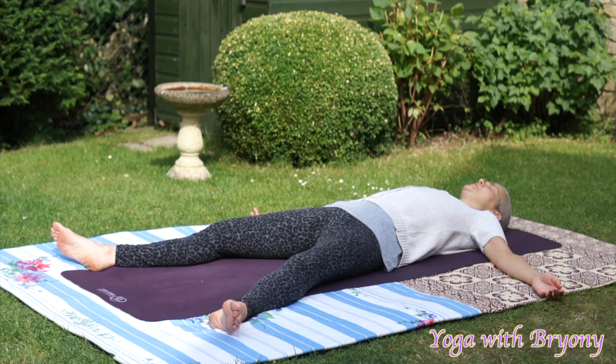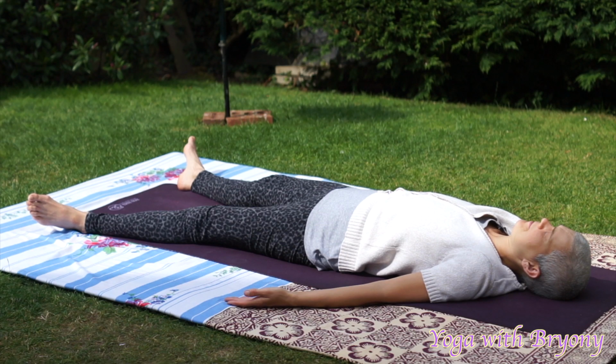fourth toe, little toe, allowing the weight of the whole of the right leg to sink deeper and deeper into the mat. Left hip, left thigh, left calf, left shin, ankle, top of the foot, sole of the foot, big toe, second toe, third toe, fourth toe, little toe, allowing the weight of the whole of the left leg